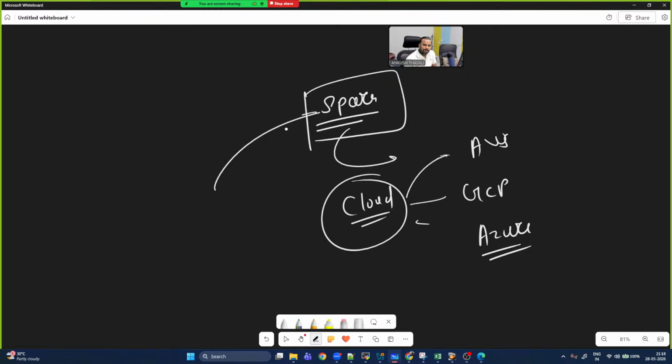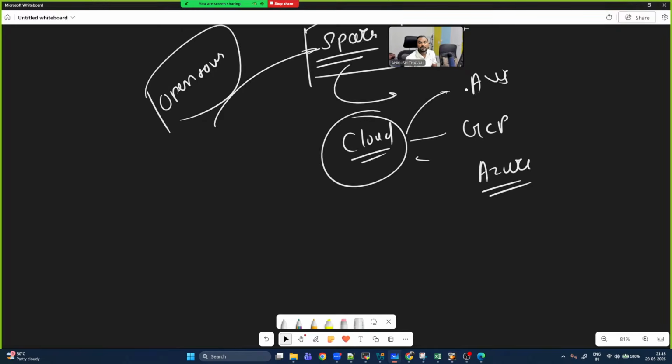So Apache Spark was an open source technology. The person who developed Apache Spark handed that technology over to Apache and it became open source. Open source means anyone can see the code, anyone can use it completely free of cost, and that is the reason it became very demanding in the market, because you don't need to pay anything for licensing and all.